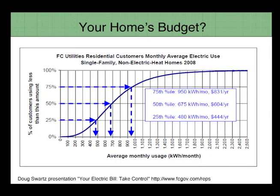First of all, if you can determine your average use per month, this is the sort of pattern for the city of Fort Collins. If you're an average household, you'll use somewhere around 700 kilowatt hours per month. If you use only 500 or so, you're in the group where three-quarters of folks are using more than you. If you're using closer to 1,000 kilowatt hours a month, then you're getting close to the upper